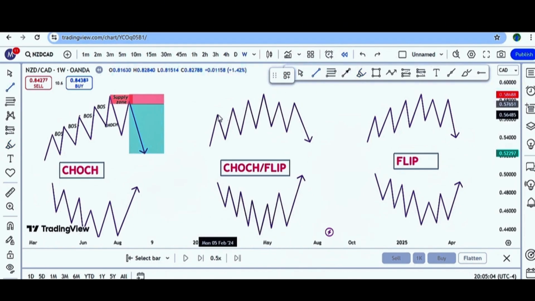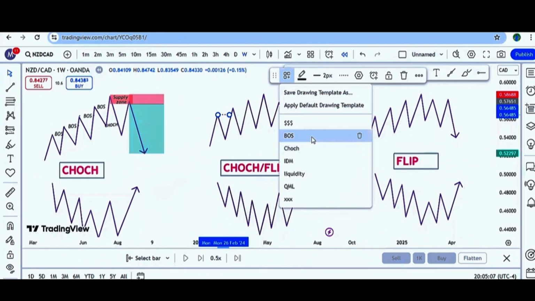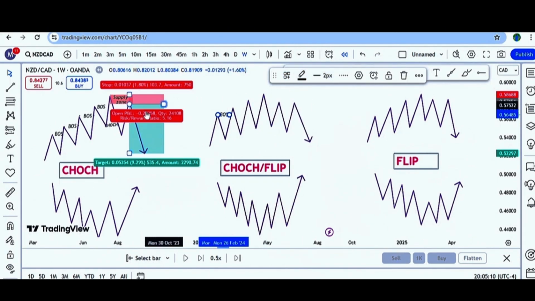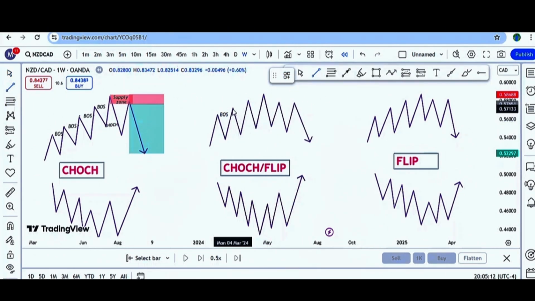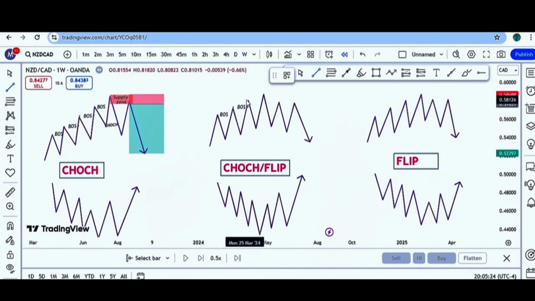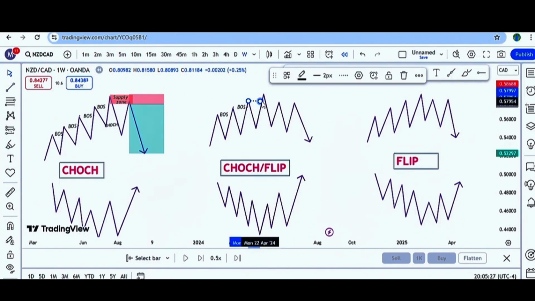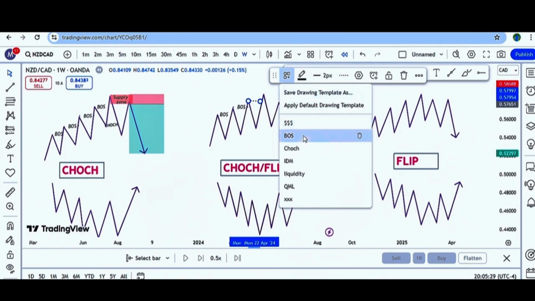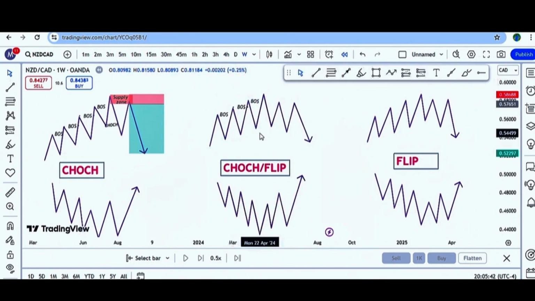Price breaks structure to the upside, right? BOS, break of structure, and we can see price again breaks structure to the upside, BOS, break of structure to the upside. Price breaks structure to the upside again, once more. BOS, break of structure. When price breaks structure to the upside here,